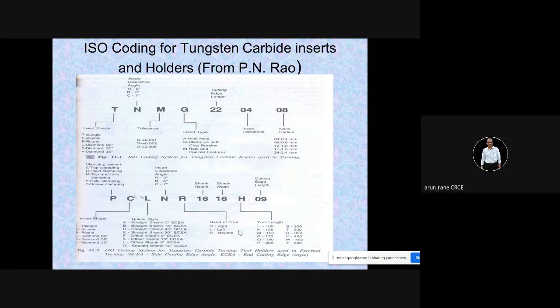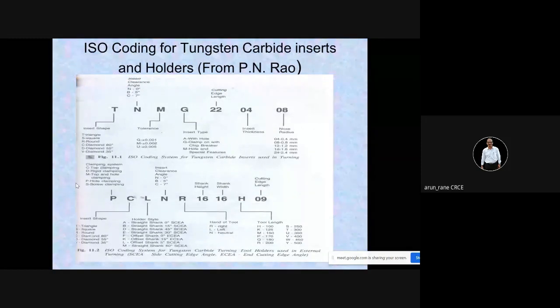Then R is the hand of the tool. If it is R, right hand, that means you are cutting from tailstock side to headstock. L means left hand, that is your tool is traveling from headstock to the tailstock. And N is neutral, that is you can go either tailstock to headstock or headstock to tailstock.